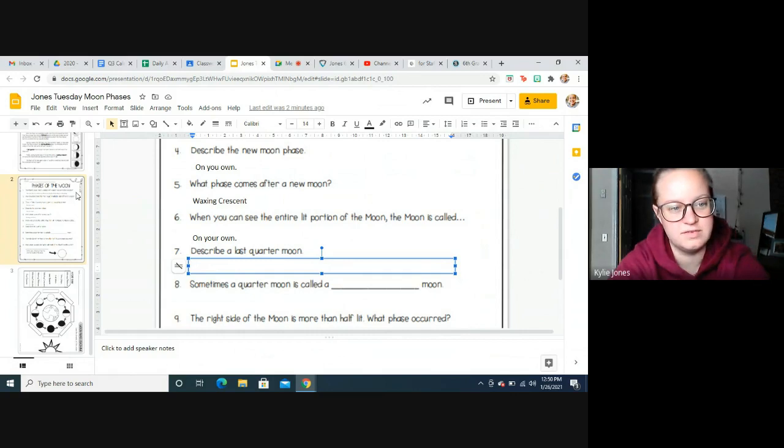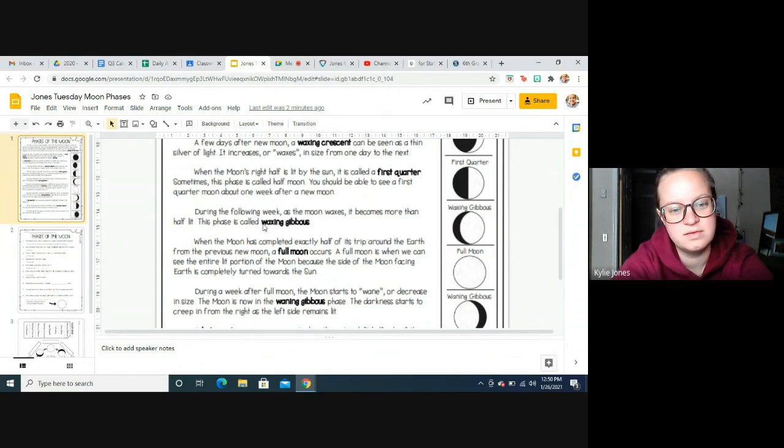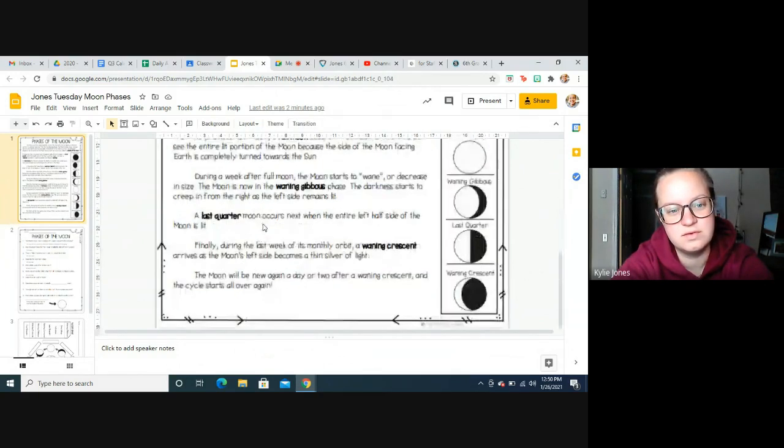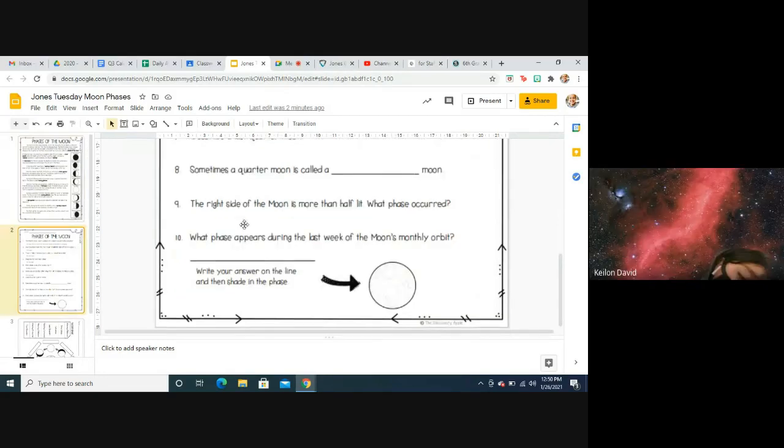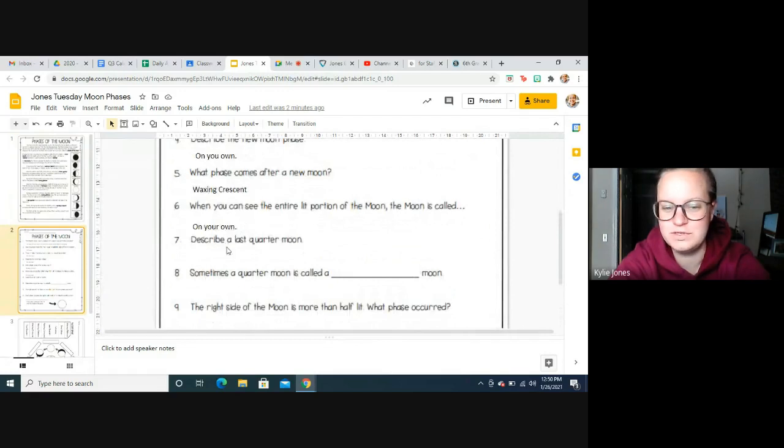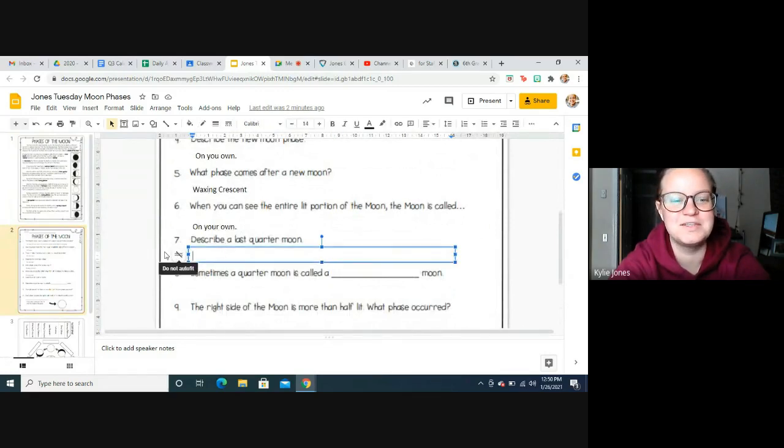It says it in our paragraphs up here. Last quarter. What do you see? What's the question again on the other page? No, we're describing a last quarter moon. What does it look like?